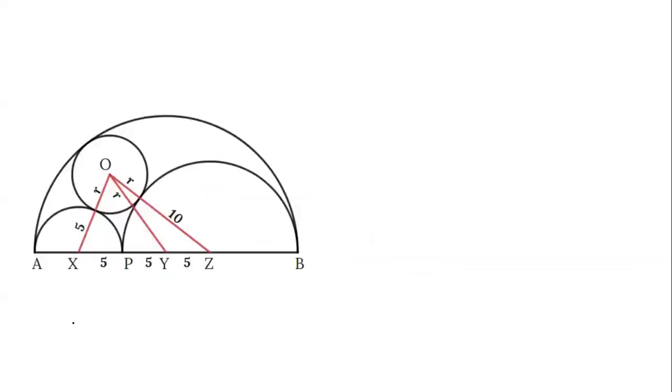So you see this figure. In this figure, I assume O be the center of this circle and R be the radius of the circle. This is the circle radius and O is the center. And now X is the center of this semicircle, Z is the center of this semicircle, and Y is the center of this semicircle. So these are the three different centers of three different semicircles.